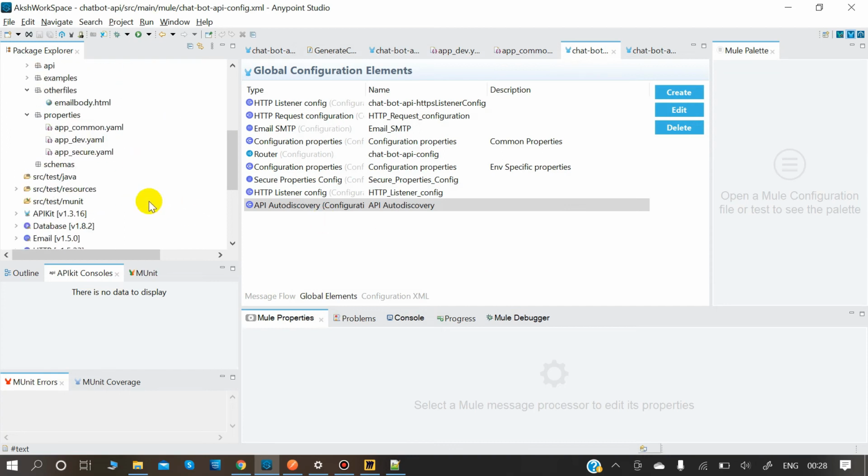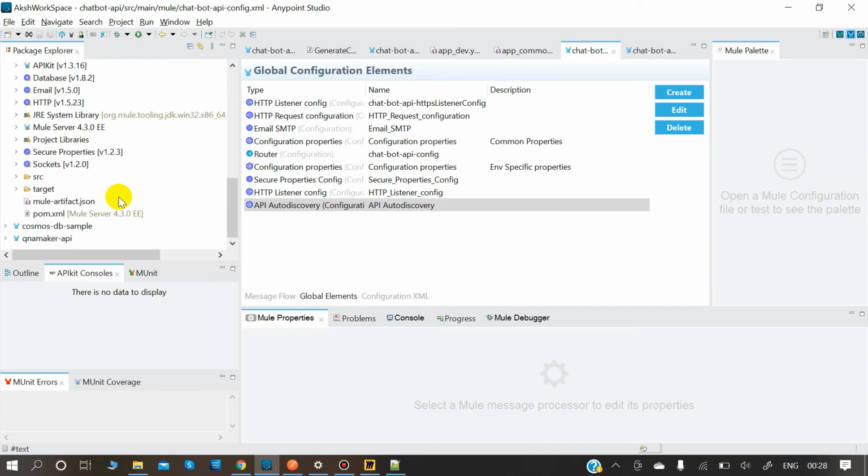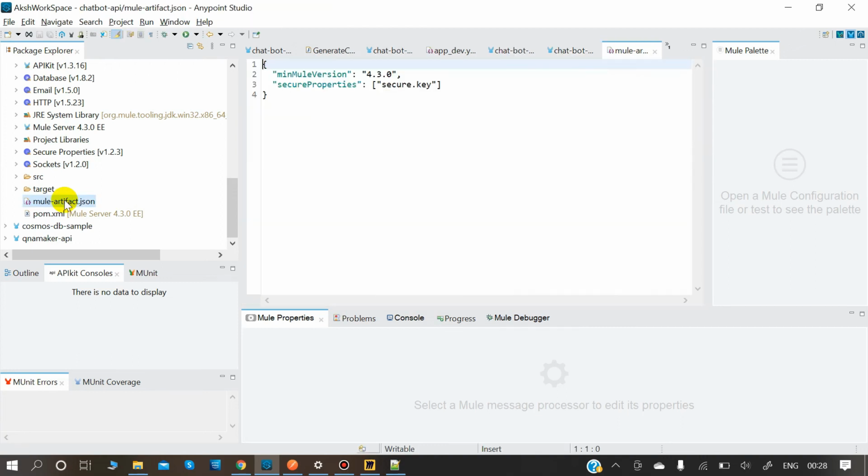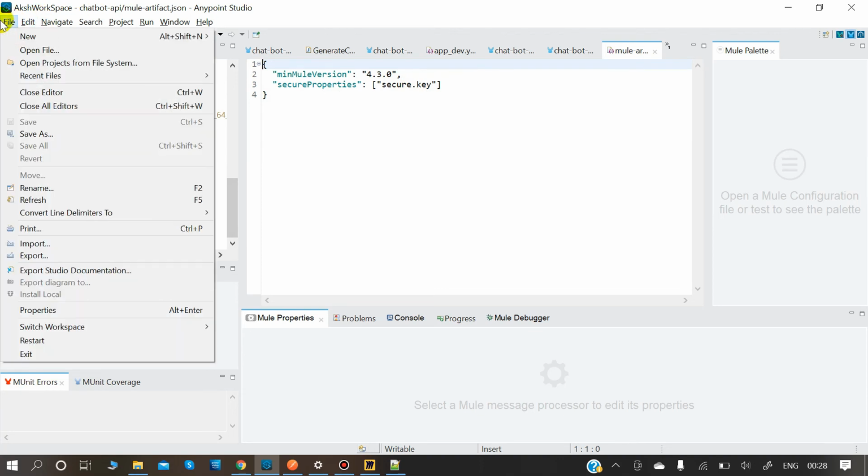The other thing that we have is in this mule-artifact.json. In this, you all can see in secure properties I'm giving this secure key. What it does, when you are deploying this, is that before deploying, you import that particular jar file. What I'm talking about, jar, right? So I need to tell you.